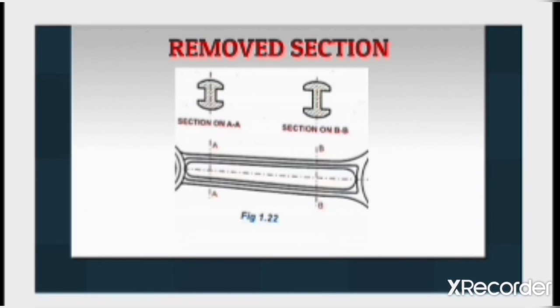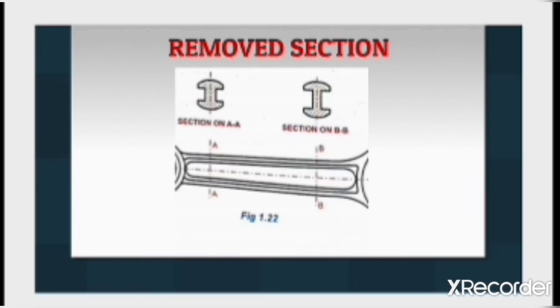Next section is removed section. In removed section, the section will be highlighted from the object. Here the cutting plane will pass across the axis of object. In this slide, a connecting rod is given. The section AA and BB will pass across the axis of the object.